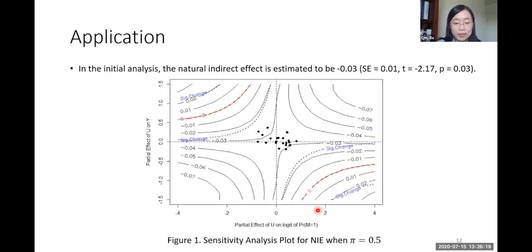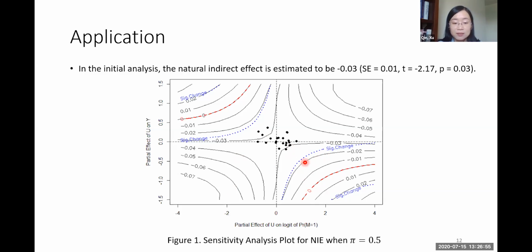In the region between the two blue dotted curves that bracket the red curve, the effect is changed to be insignificant at the significance level 0.05. Each black curve, as you may find, tends to be parallel to an adjacent black curve, but not to an adjacent blue curve. This actually indicates the change in the standard error after the adjustment for U. Each dot corresponds to the conditional associations of each observed confounder with the mediator and the outcome, which are used to calibrate the strength of the sensitivity parameters.